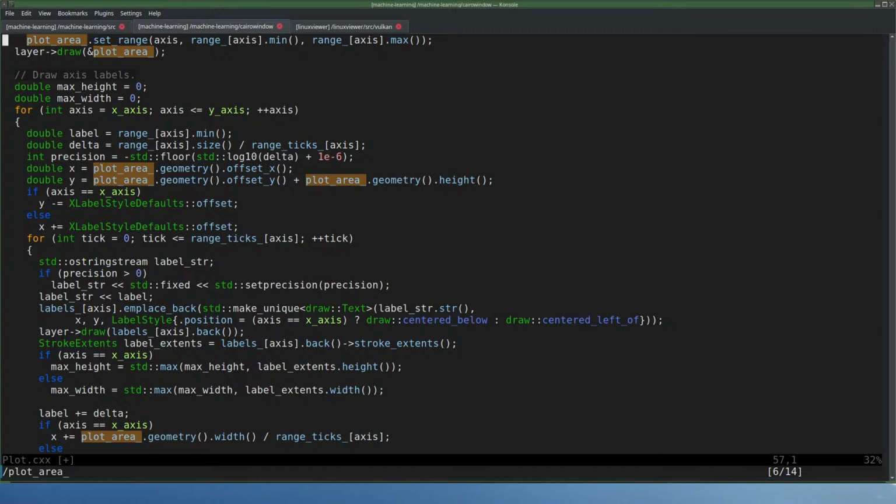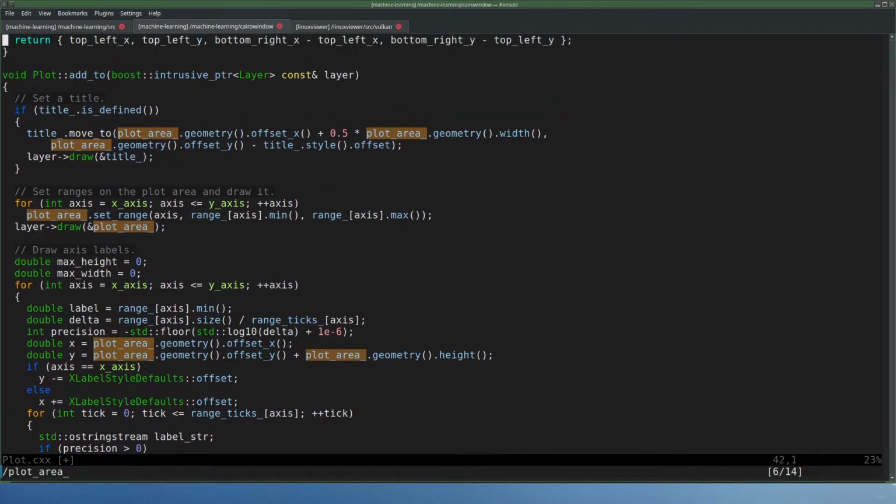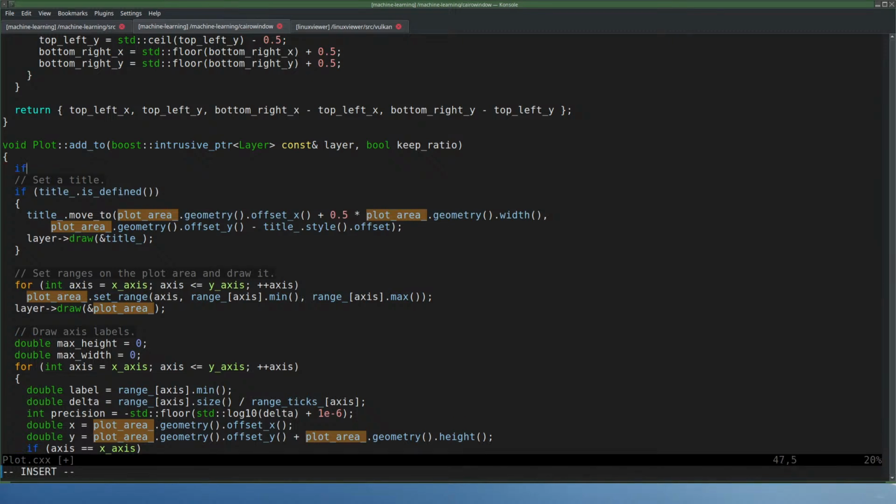Okay. That means that's not bad. Means I can just change the plot area before this point. Or let's add a boolean here for keeping the ratio intact, or what is it? Keep ratio, yeah, I don't know, keep ratio, whatever. And then if that's set to true,